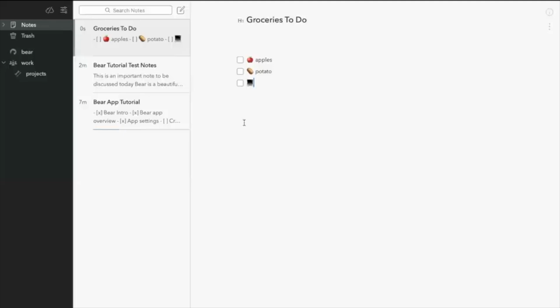Now, the great part is you do not have to go to an emoji section and copy and paste it over here. One of the key features or the USP for Bear app is that once you are on a laptop, you're not leaving your keyboard, you're not using your mouse, you're not using your trackpad on your Mac also.